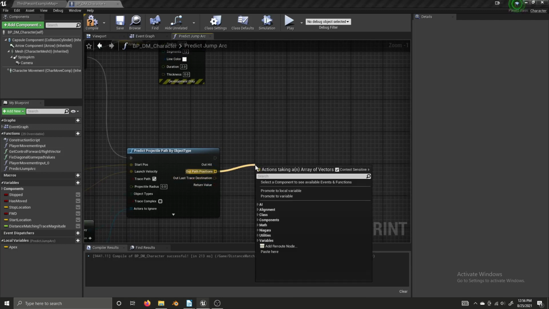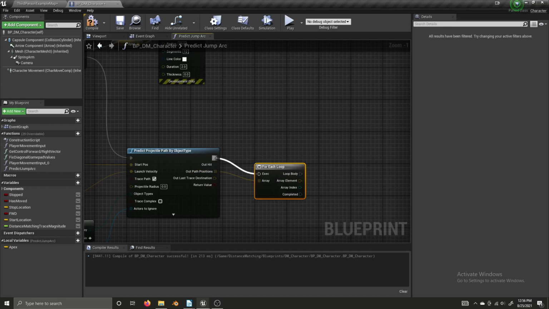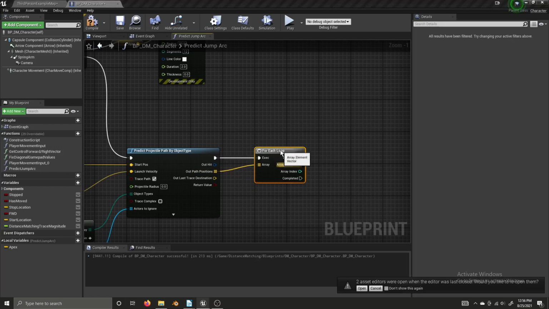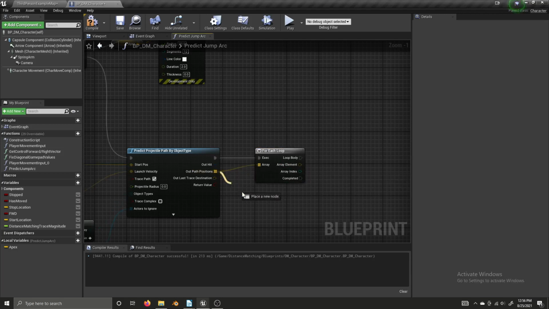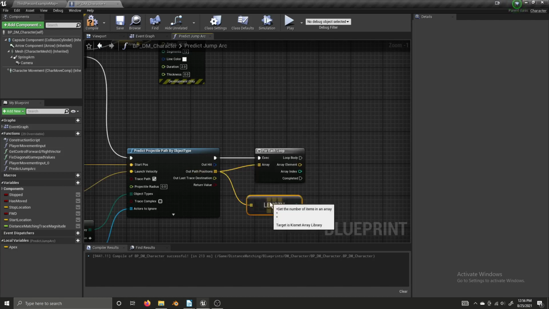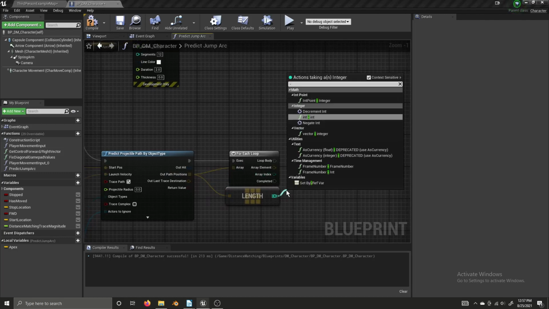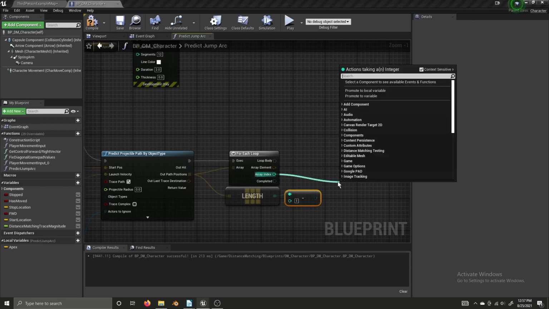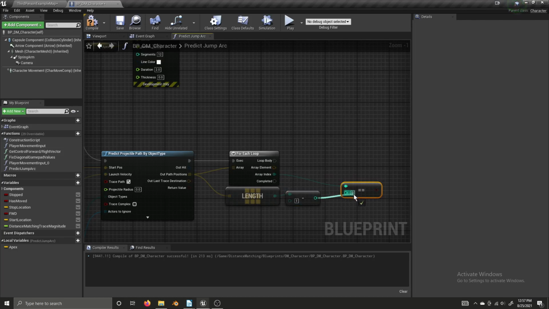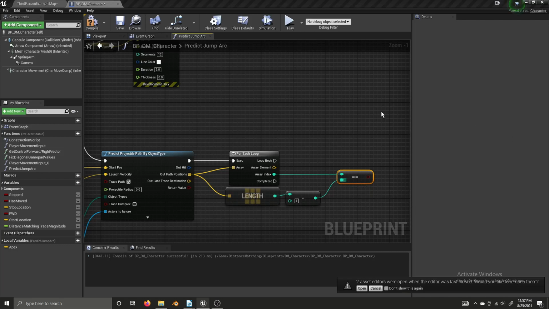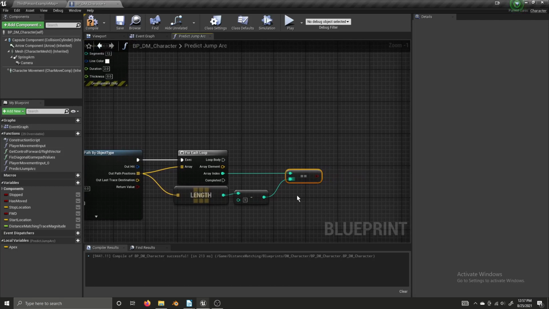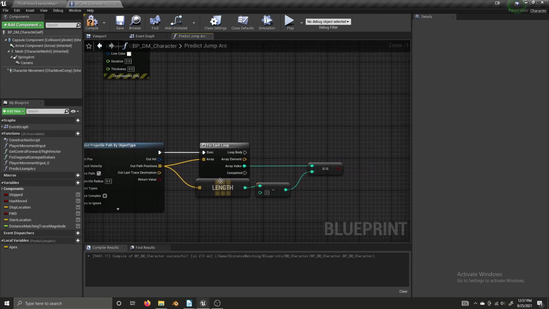So I'm going to get a for each loop from out path positions. Actually, I don't need the for each loop. No, I do. Sorry. I'm going to get the length of our out path positions. And if the length minus 1 is equal to our array index, then we're going to set our array element to be our land location. And the reason we're doing this minus 1 here is because we get the length of this